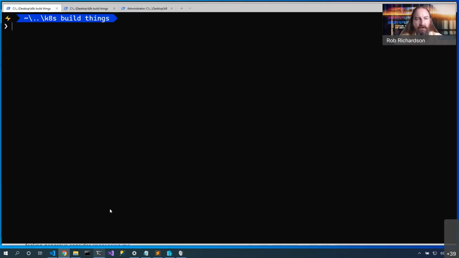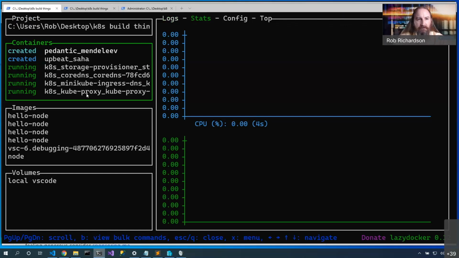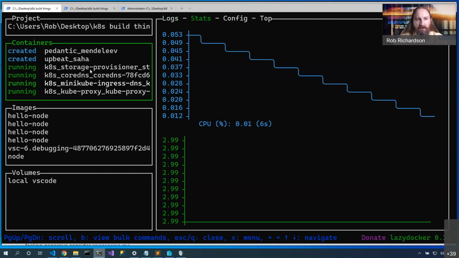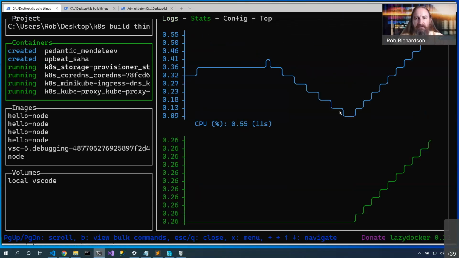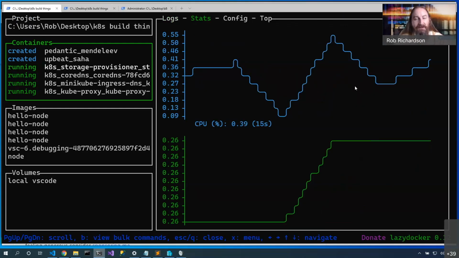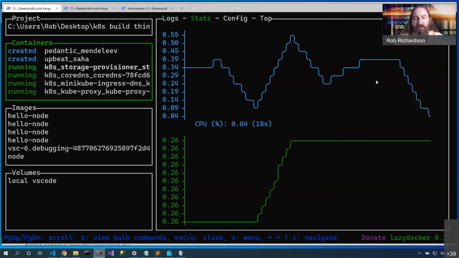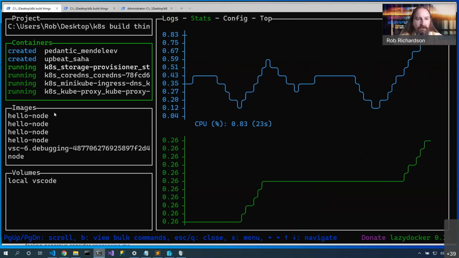So let's start up Lazydocker, and we'll be able to visualize the contents of this cluster. So I'm going to click on the stats, and let's cruise through to a container that's running. I love these graphs of being able to visualize the content within the cluster. ASCII art to be able to do this. If you only have SSH access into your cluster, then this can be a great way to be able to see the content. Let's take a look at the images.